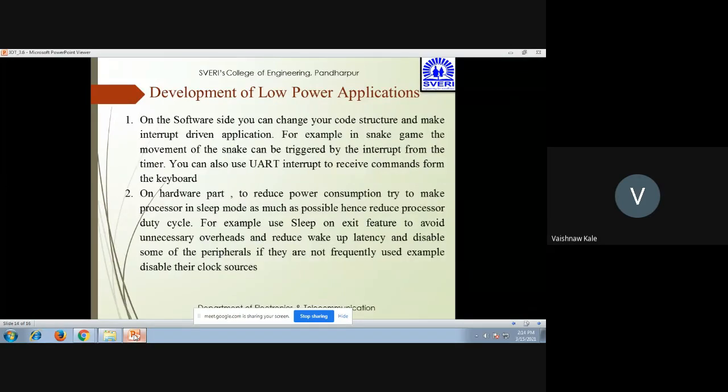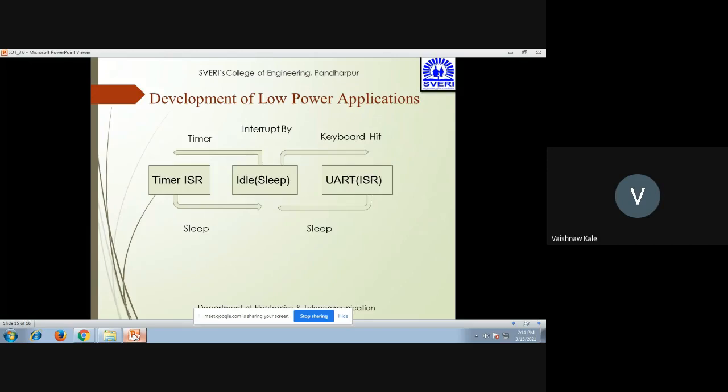On the software side, change the code structure into an interrupt driven application. On the hardware side, keep the processor in sleep mode as much as possible, hence reducing the duty cycle of the processor. The sleep on exit feature is also used to avoid unnecessary overheads and reduce wake up latency. Disable some of the peripherals if not frequently used, and also disable the clock sources. And this is the development of low power applications.